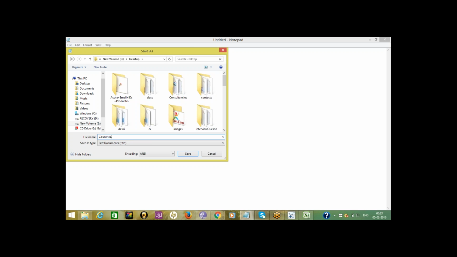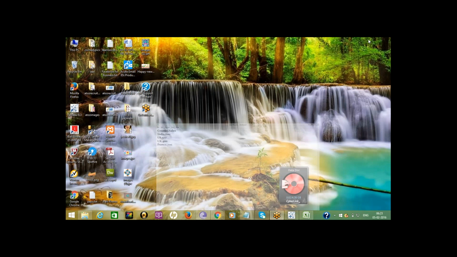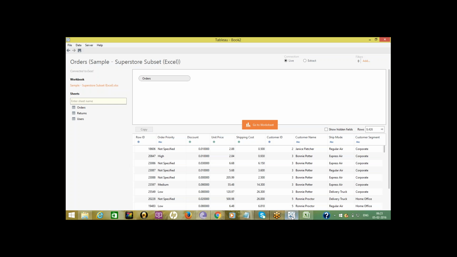Countries, for example, CSV file. Country.csv file, E drive, desktop. Now, here I load that file. I'm removing this one.